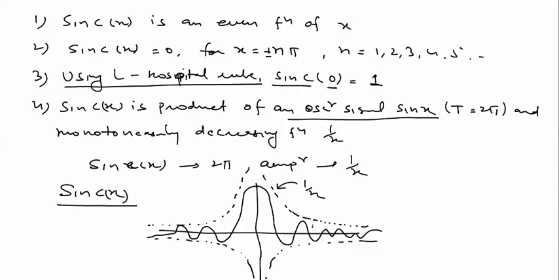And the repetition is governed by the sine function, 2 pi. This is called the sinc function. The sinc function is very important for bandwidth calculation in communication, and very important from the point of view of the exam. In the exam, sinc